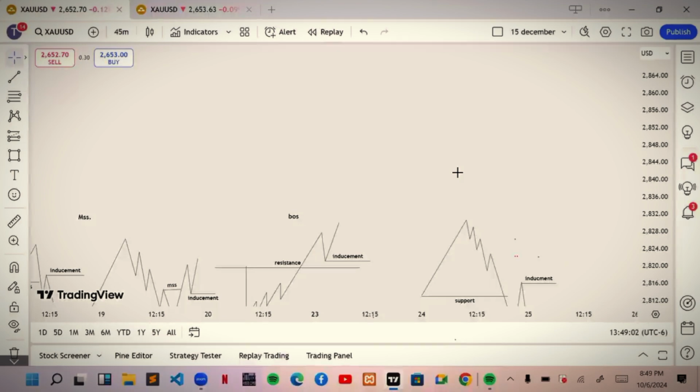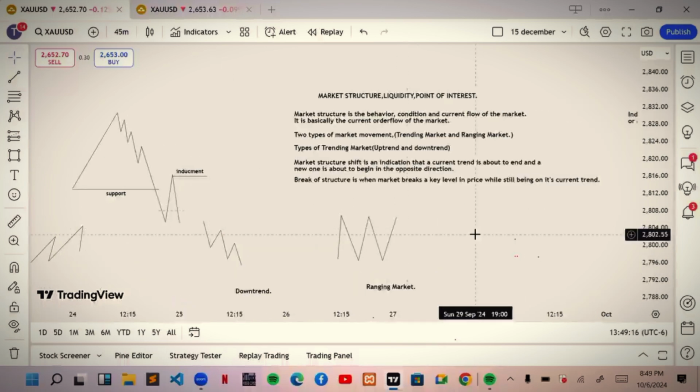So there are literally 2 types of order blocks. There's the bullish order block, and then there's the bearish order block. Your bullish order block is for when you're looking for buys, and your bearish order block is for when you're looking for sells. So, for point of interest,